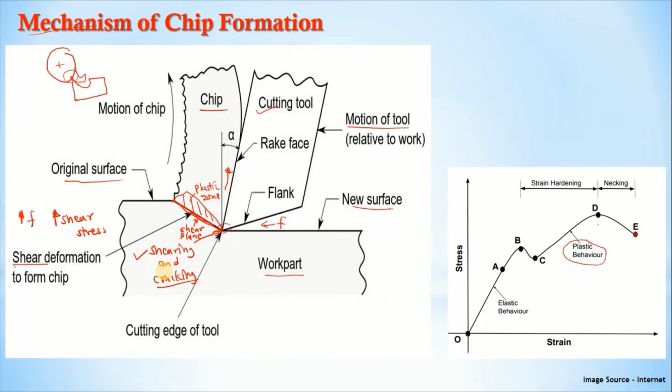As we know, whenever we are machining soft and ductile materials, because of the higher toughness of the work material, crack propagation is absorbed by the material and disappears somewhere in the middle, so that continuous chips are formed. So if we are machining soft and ductile material, we get continuous types of chips.